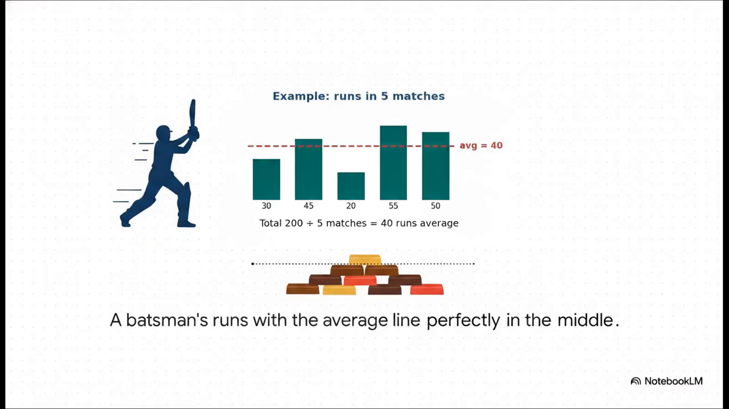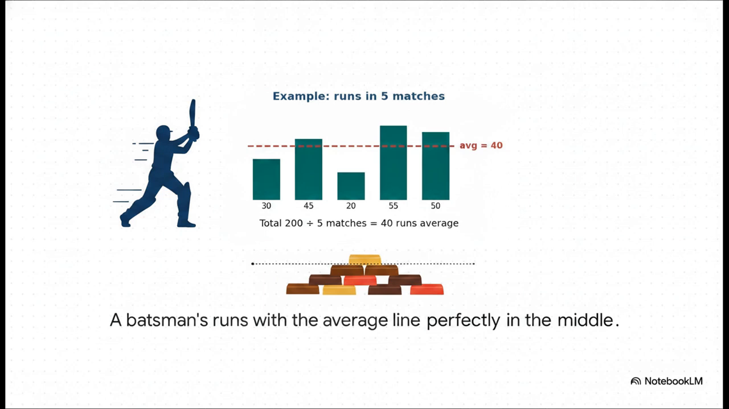Let's look at a cricket batsman's performance. Across 5 matches, he scores 30, 45, 20, 55, and 50 runs. His performance bounces up and down quite a bit from match to match. But just like with our chocolates earlier, the average line visually cuts right through the middle of these chaotic scores. It levels out the tall peaks and fills in the low valleys to give us a single, solid number that